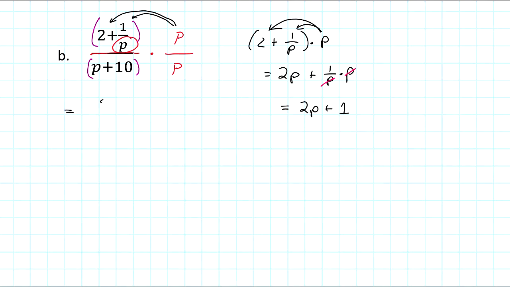So this will be 2p plus 1 on top. On the bottom, we'll leave it factored as p plus 10 times p. Isn't that kind of nice? So if I just take that little denominator and multiply it on top and bottom of the big fraction,